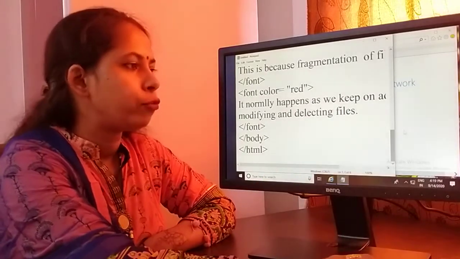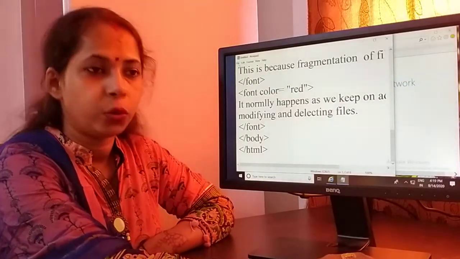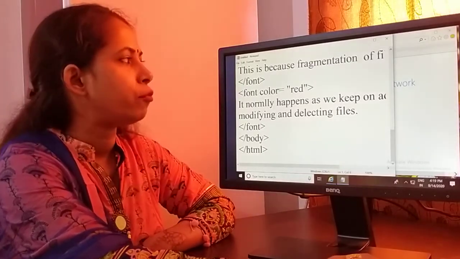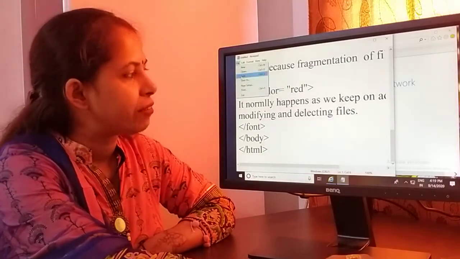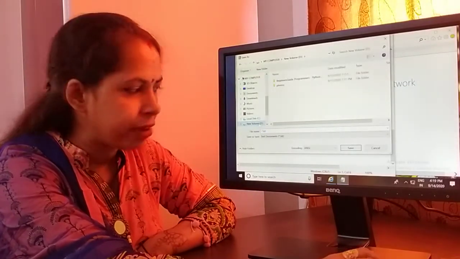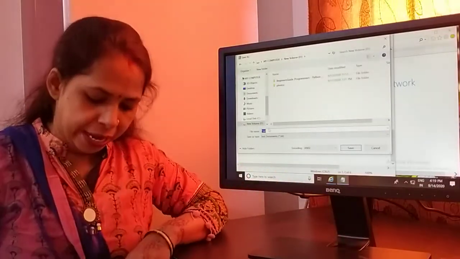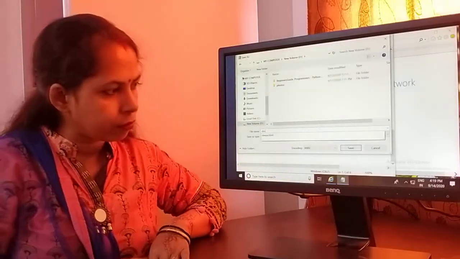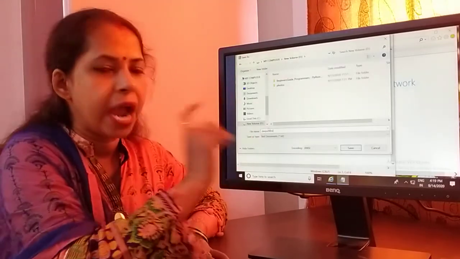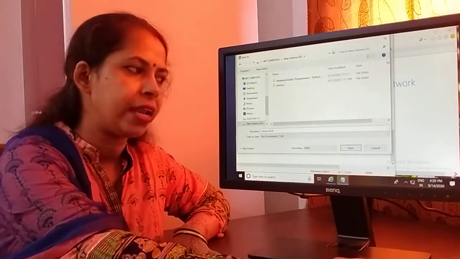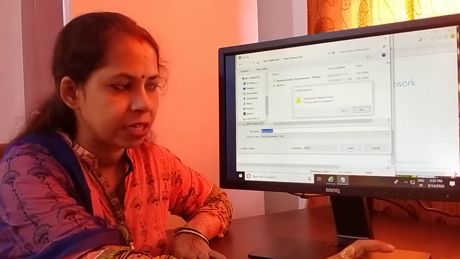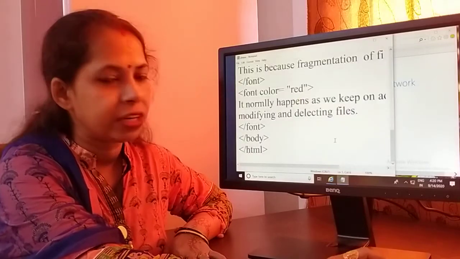Okay, now we have to go to the save as option. You know everyone, in the previous class we discussed how to save the file. So first we go to the file menu, then save as option. Okay, then select the D drive. I have to write a file name. My file name is deepa.html, with the .html extension for an HTML file. After that, deepa.html I have to save in D drive. Okay, it is saved in D drive.